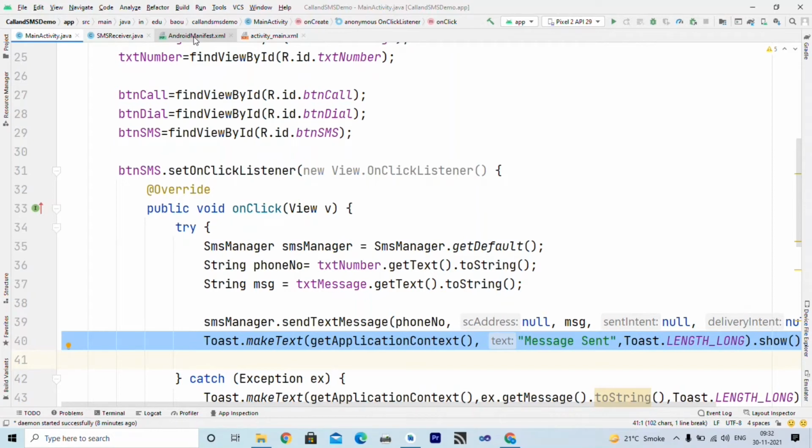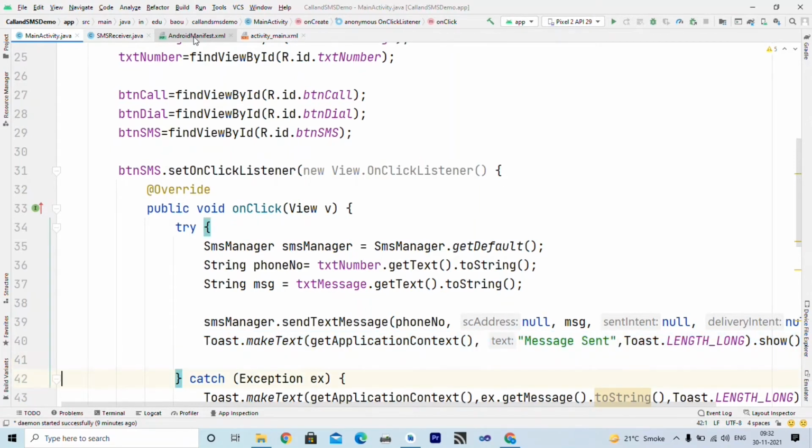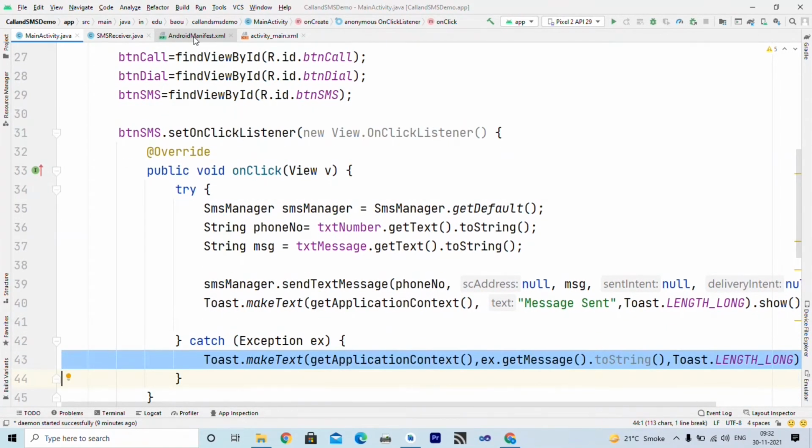So for that we declare one toast, and if there is any error, we can catch it inside the catch block. So we write the entire code inside the try block, and if there is some exception, we can catch it inside the catch block, and that exception or error is displayed using toast.